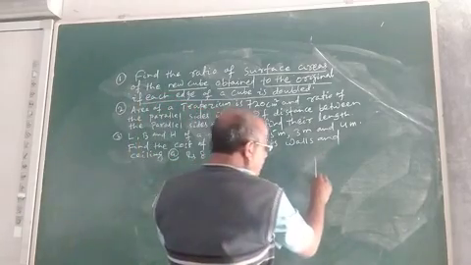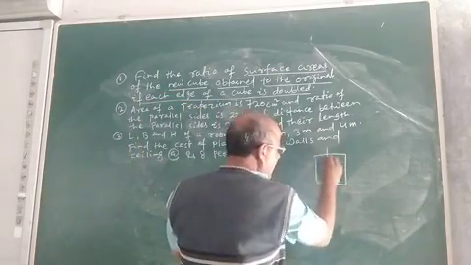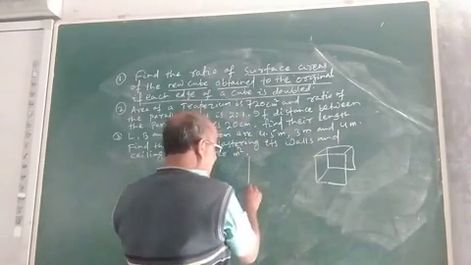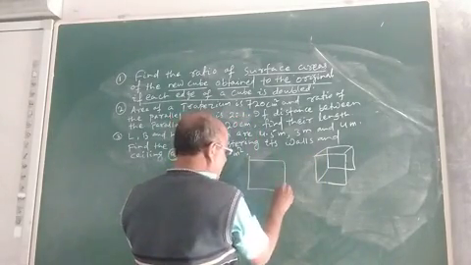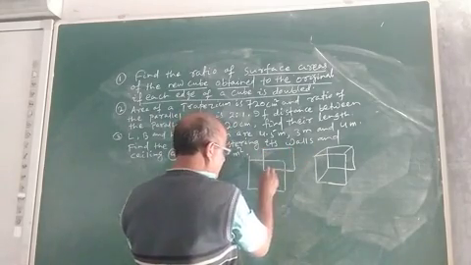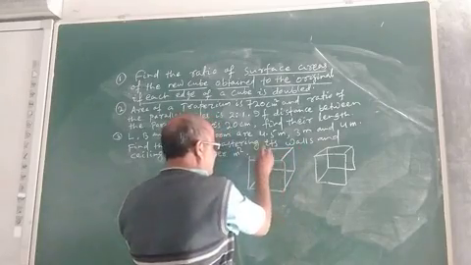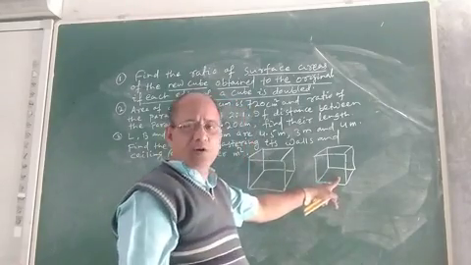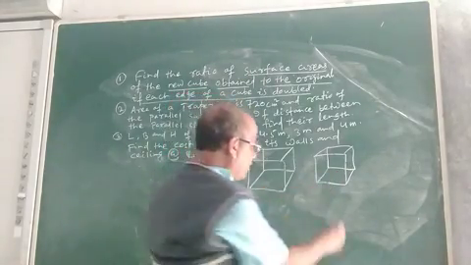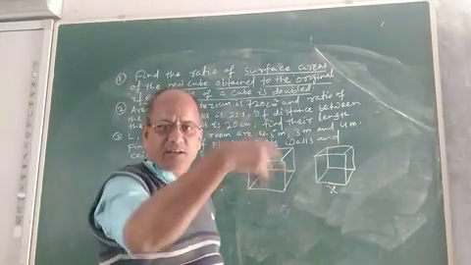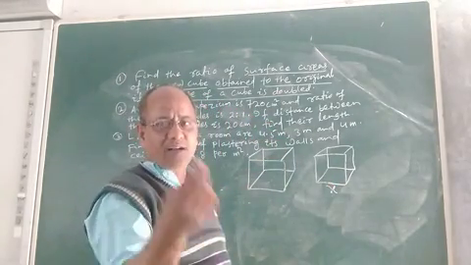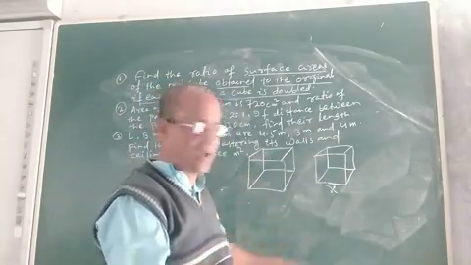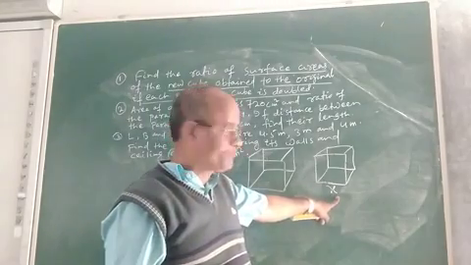That means you are given two cubes. Suppose this is one cube, I am drawing the figure of a cube. You are given another cube. This is the original cube. We do not know what is the edge of the cube. You know, in a cube all the edges are same because a cube is a three-dimensional solid whose length, breadth and height are equal. They are called edge. Suppose take the edge by say x.